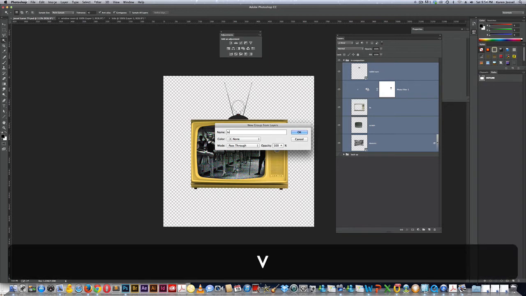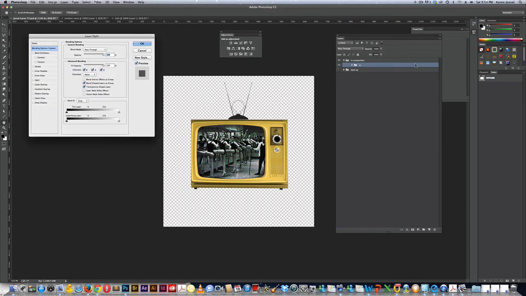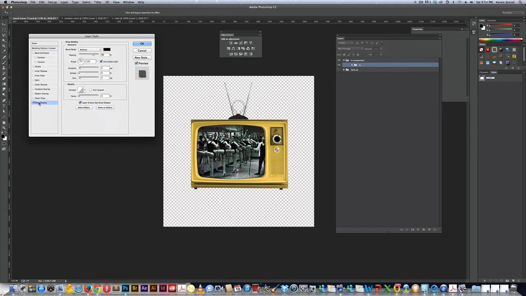And I'm going to put TV. There we go. I'm going to add a drop shadow to the folder. I can actually add a drop shadow to the folder. I could also have made it a smart object, but I want you to see this too. See how you can see, if I'd added the drop shadow to the TV case, it would have put